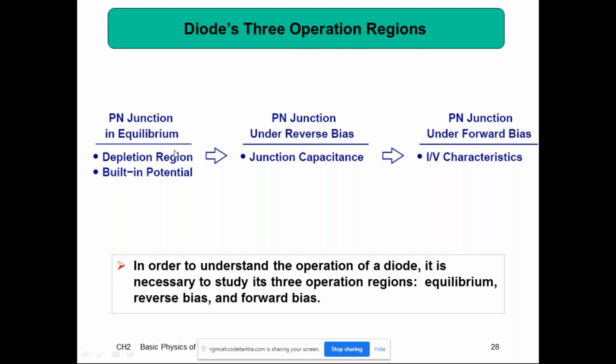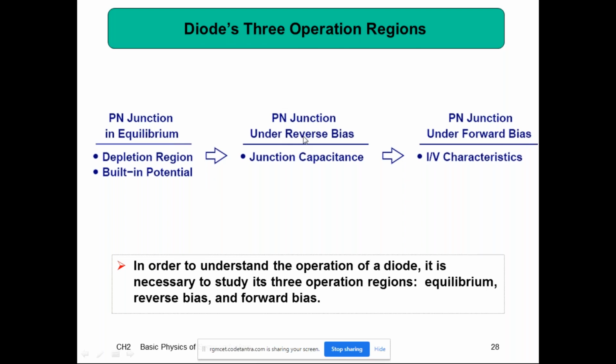Okay, in that equilibrium condition, mainly concentrate on the depletion region. What is meant by depletion region? How is the depletion region formed, and what is meant by built-in potential? There is some small derivation for built-in potential. We have to derive the expression for built-in potential, right? Okay. In the PN junction under equilibrium condition, that is the open circuit PN junction, we have not connected any voltage across the PN junction, right? Okay.